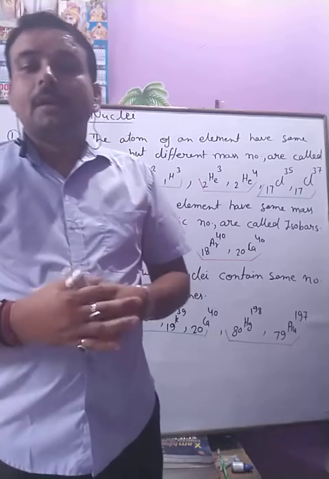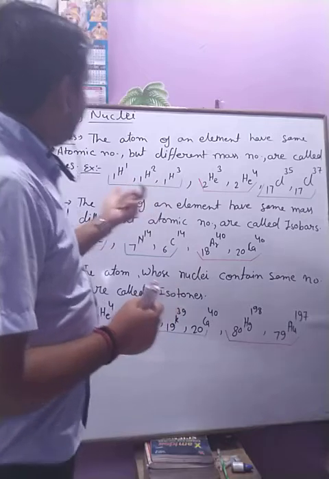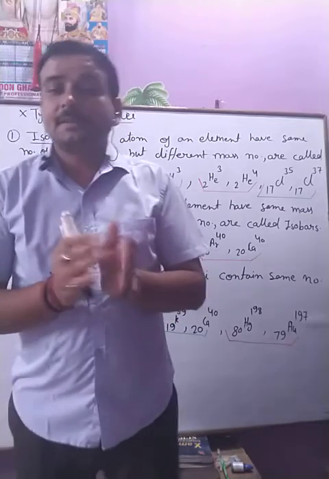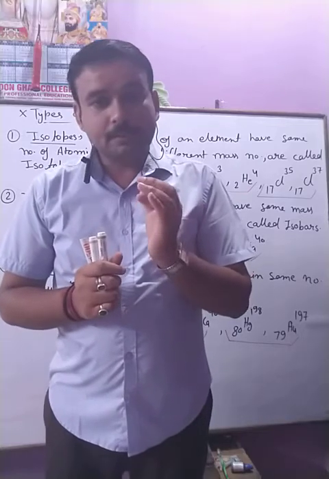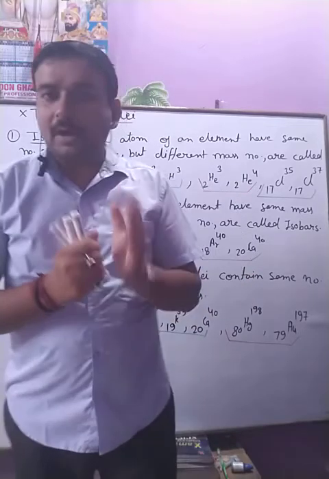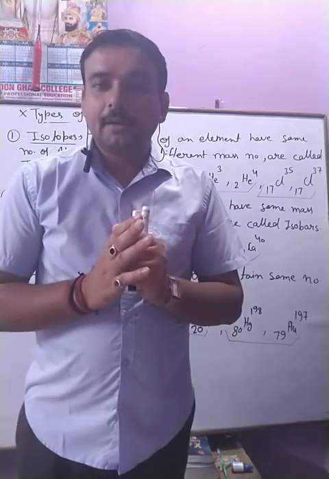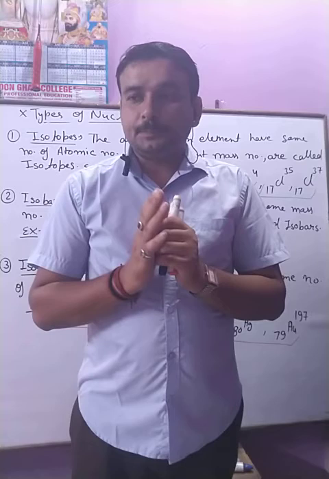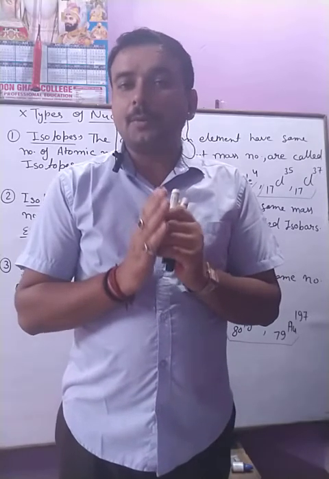So the nuclei are divided into three categories, of which one is called isotopes. Isotopes are those nuclei of the same atom in which the atomic number is